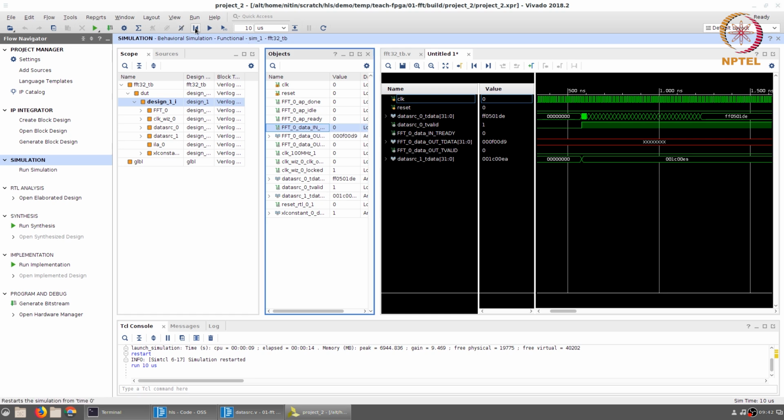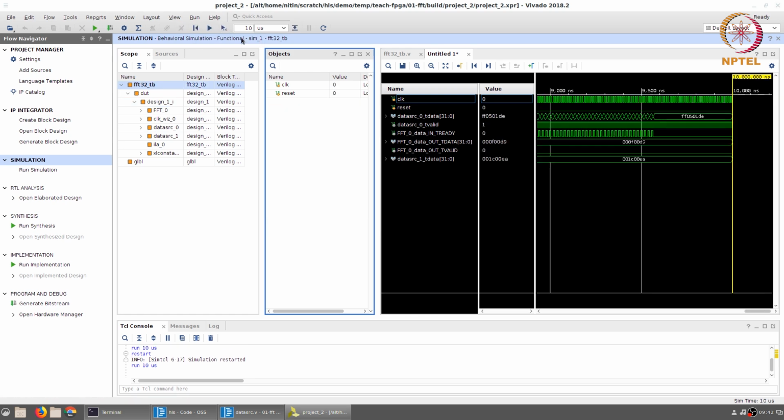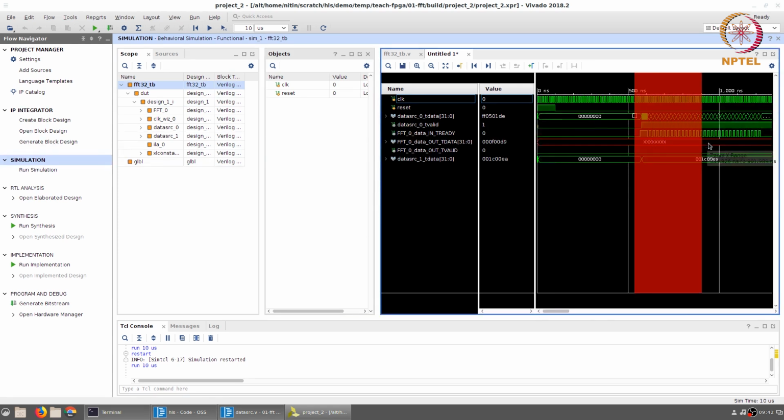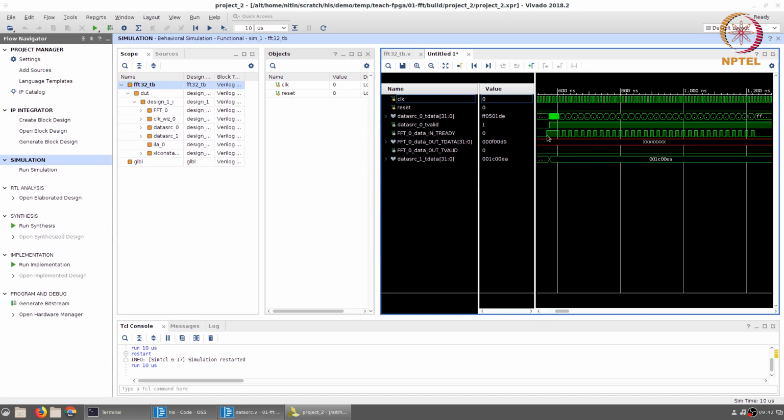So we can just view that again, and what we will find is that right at the beginning the FFT in ready corresponds to the values of the source data. So when the in ready and the t valid are both equal to 1, that's when the data from the input hex.mem actually starts getting fed into the FFT module. Now let's zoom out,